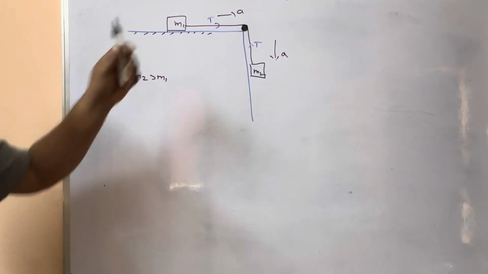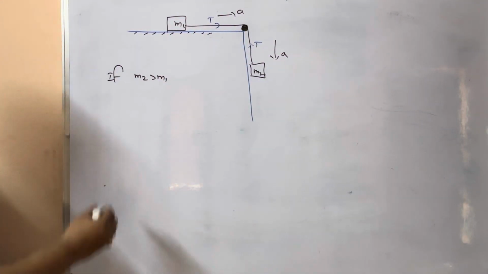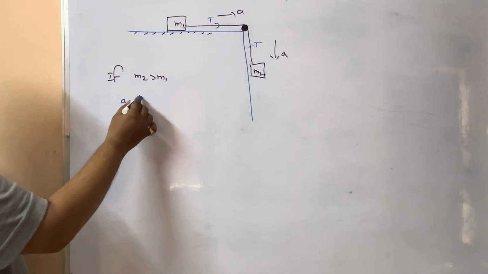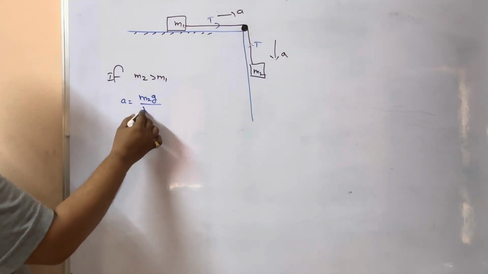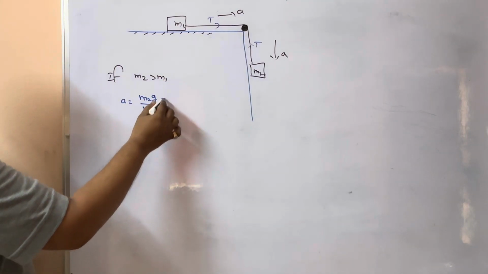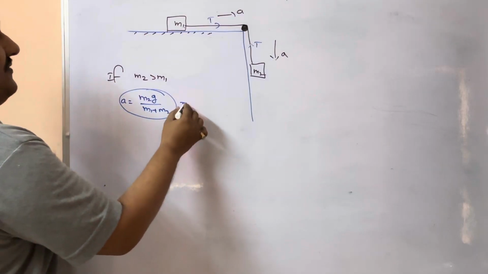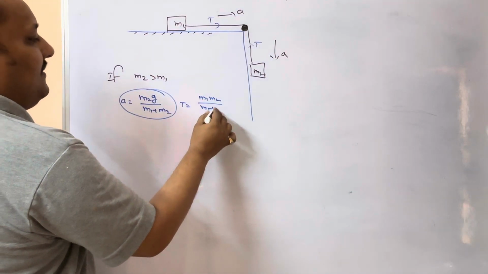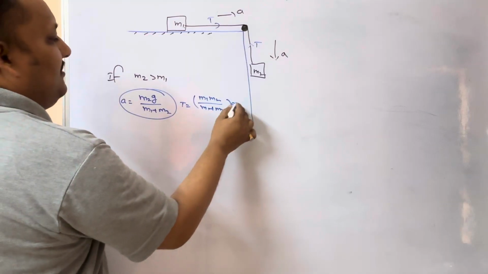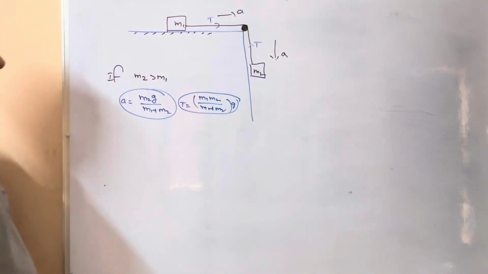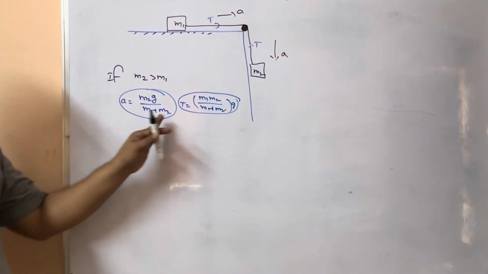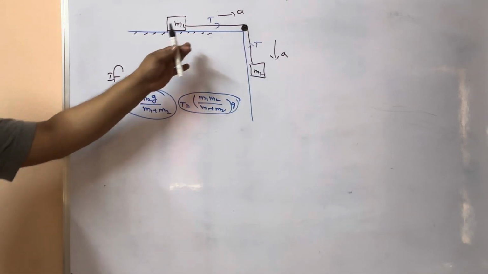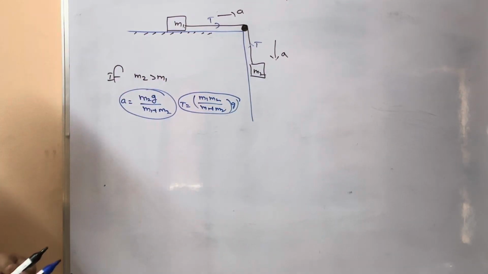Whenever it is on a smooth surface, what is the acceleration formula we get? A is equal to m2g by m1 plus m2. What is the tensional force we get? m1 m2 by m1 plus m2 into g. Correct? So for this, what will be the small change we are going to get by using a frictional surface or